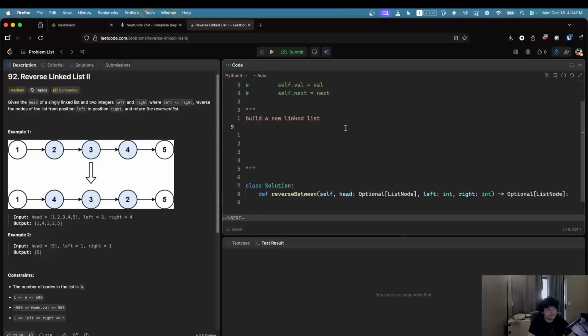Okay. I was thinking maybe we can do, yeah, I think building a new linked list. I think that's the best way. So we can definitely go, okay, we go here. First find the left node and the right node. And then